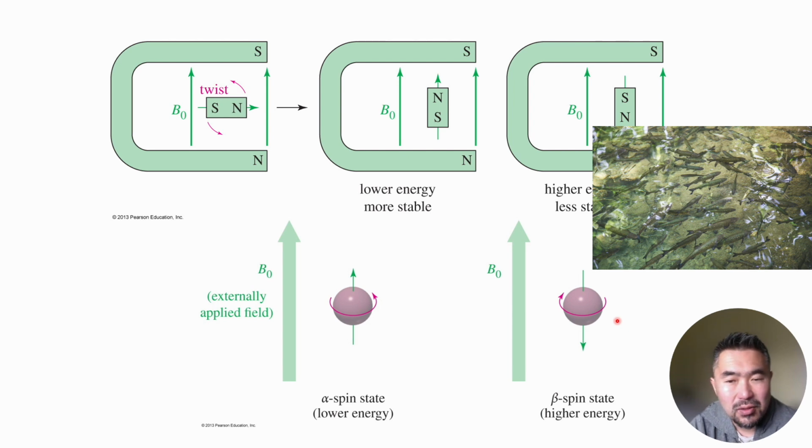Did you notice that when you apply a water current to a school of fish, they usually line up with the direction of the flow? Most of them actually line up in the exact opposite direction of the flow. So that's kind of like the beta spin state. Some might still be swimming in the same direction as the flow, which would be the alpha spin state. Without getting into too deep of a physics lecture here, that's kind of the explanation of alpha and beta